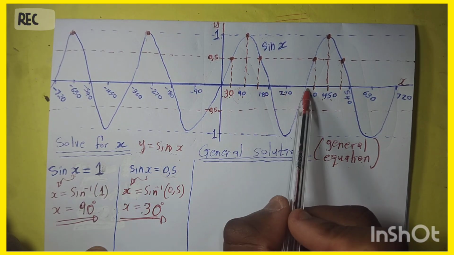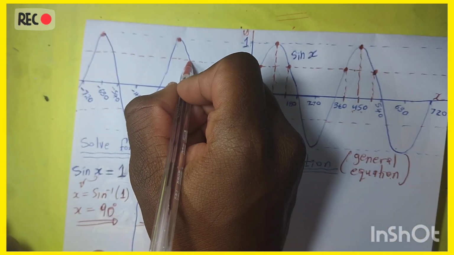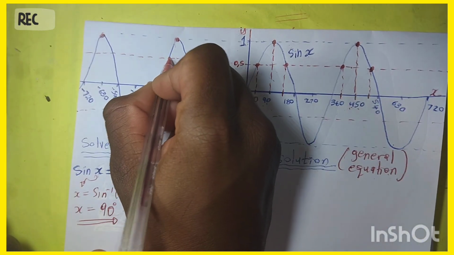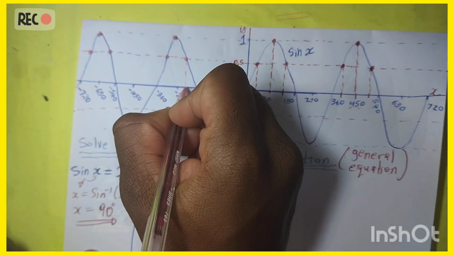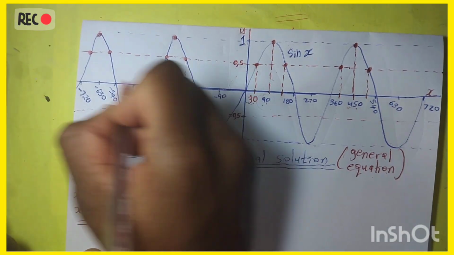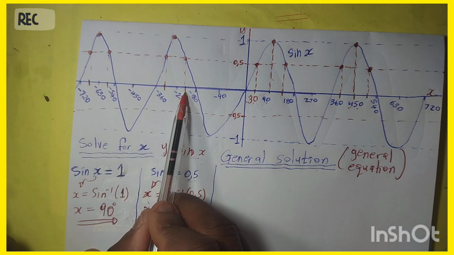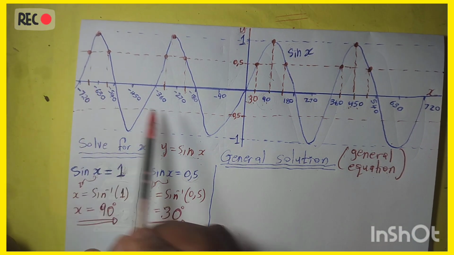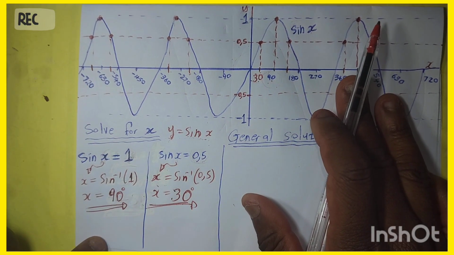These specific values, because 0,5 will also have a value here, and the value there we don't know, even here we don't know, as well as this one. So between here I should get some values there. Do you see? So what I need you guys to understand is that